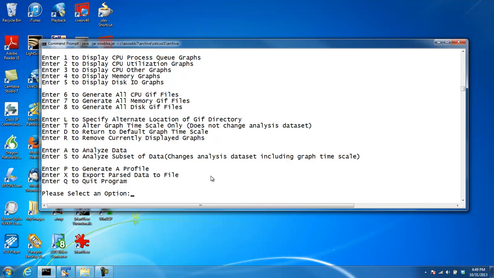Okay, so what are some of the new options? Well, probably the most important option in this version is option S, where we can analyze a subset of the data. Now, why might you want to do this? You might want to do this in the case that your OSWatcher archive is huge. Say, for example, you have 1 week's worth of archive data, but you really want to analyze a performance problem